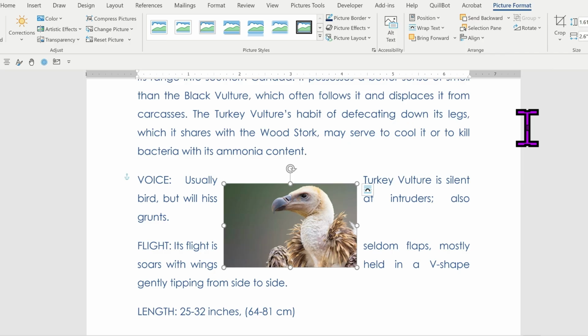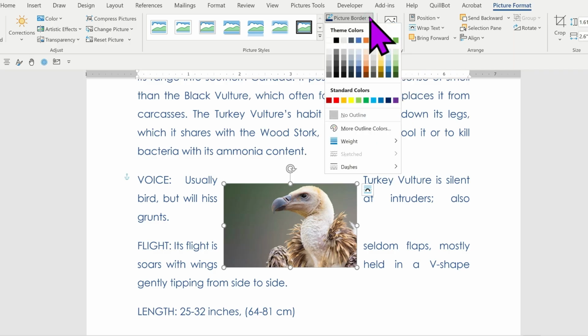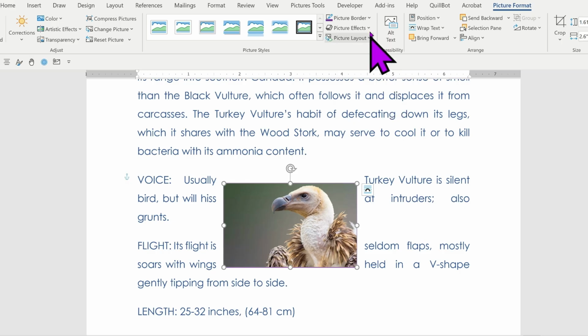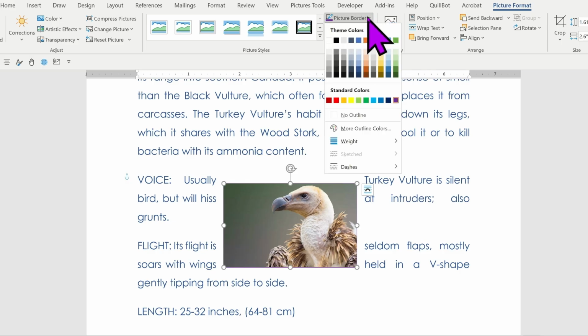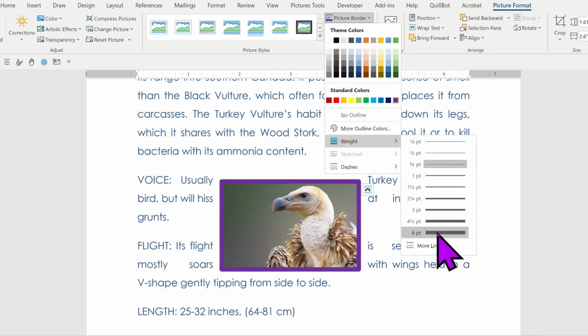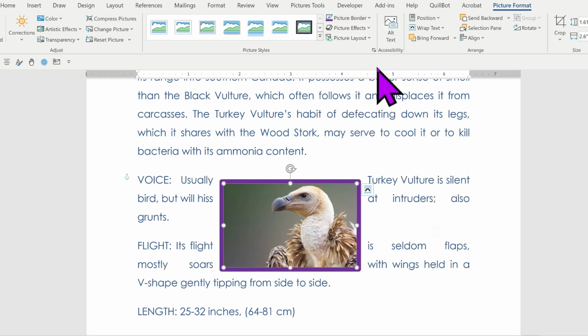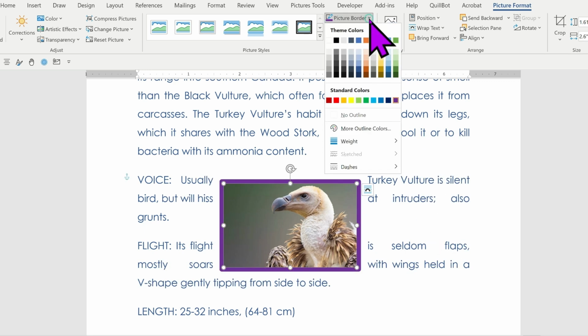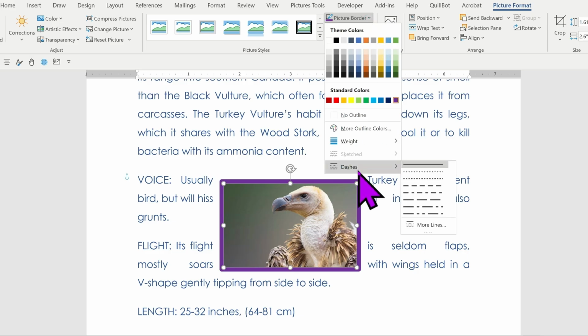So to add a photo box, you need to click on the picture format and go to the picture border. You can select it and first select the color of your choice. I'm selecting this purple color and again go to the picture border and click the weight of the border. For example, I'm selecting this 6 pt and again go to the picture border and click on this dashes type